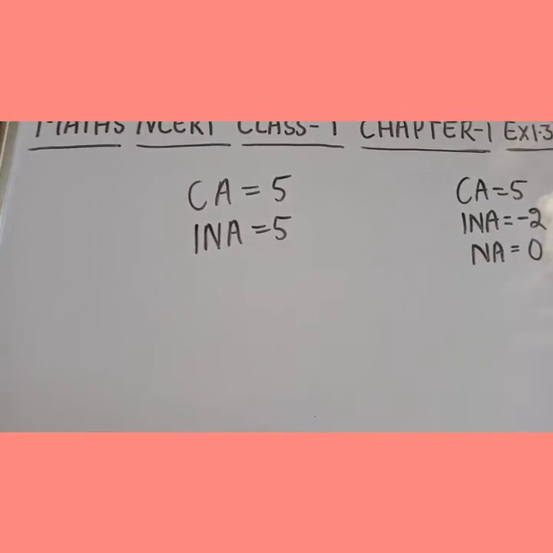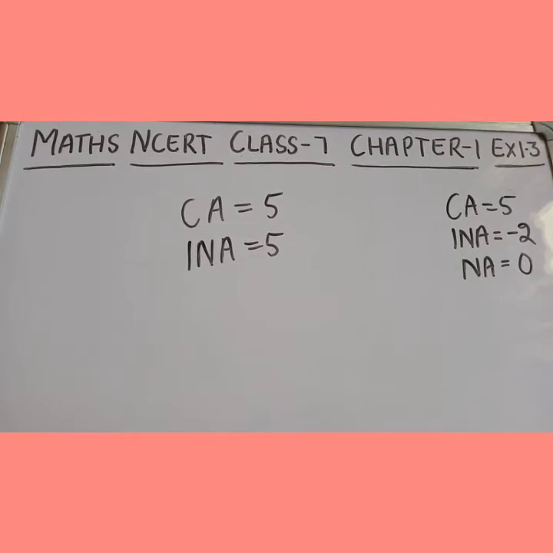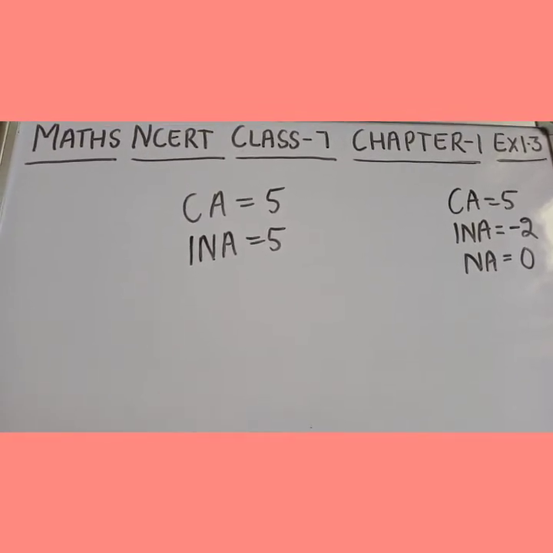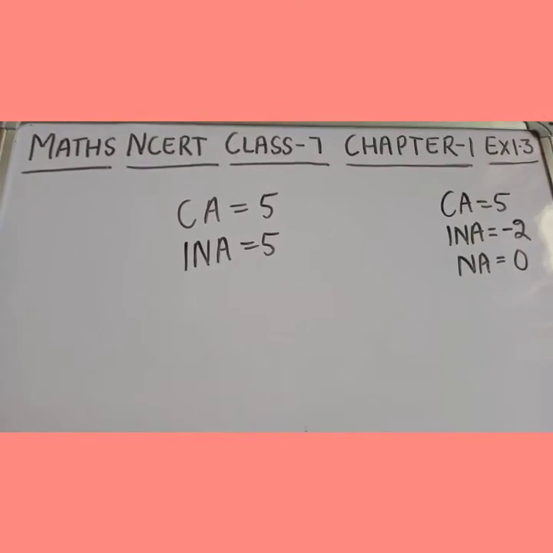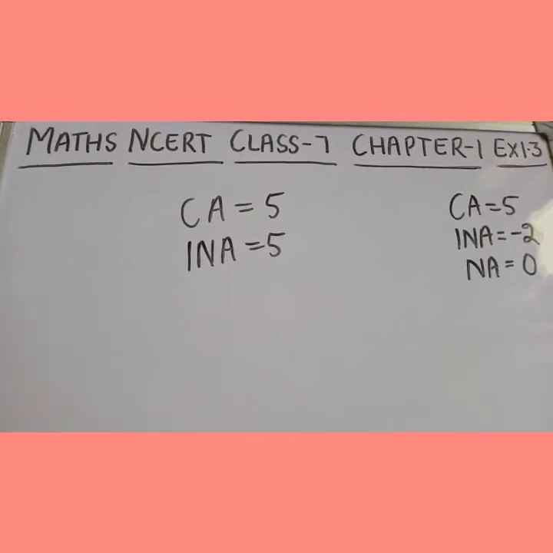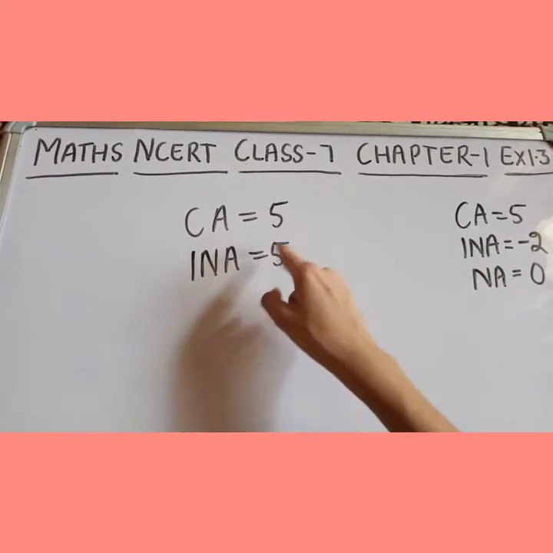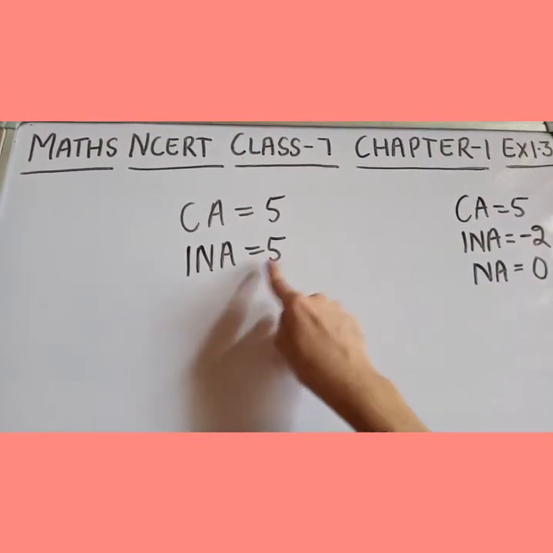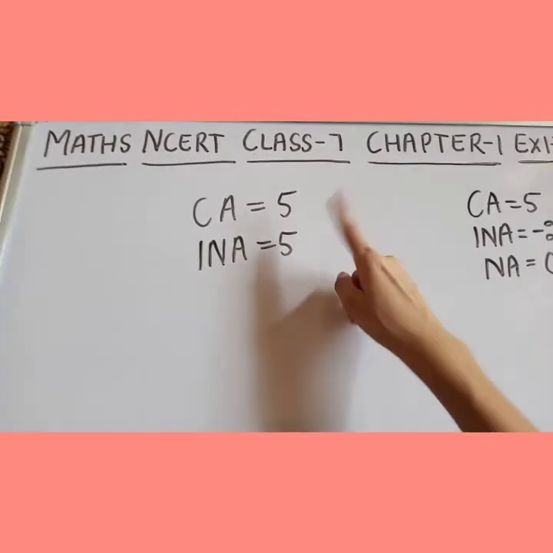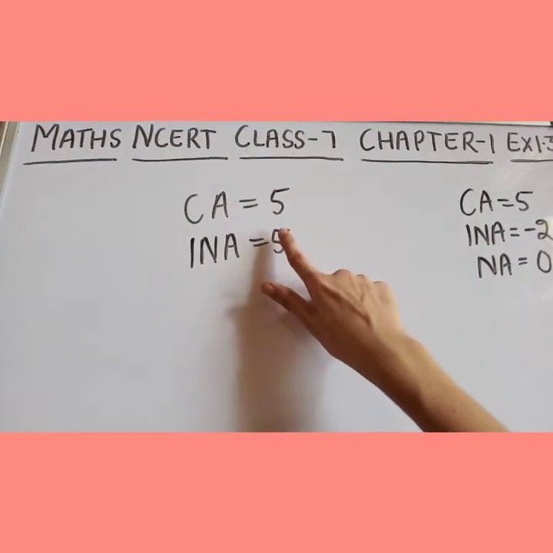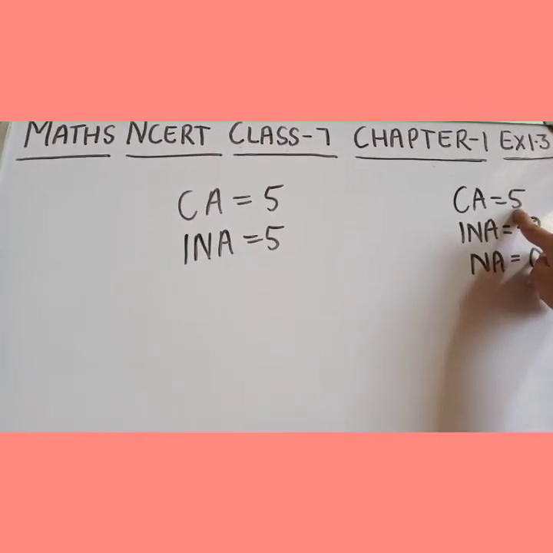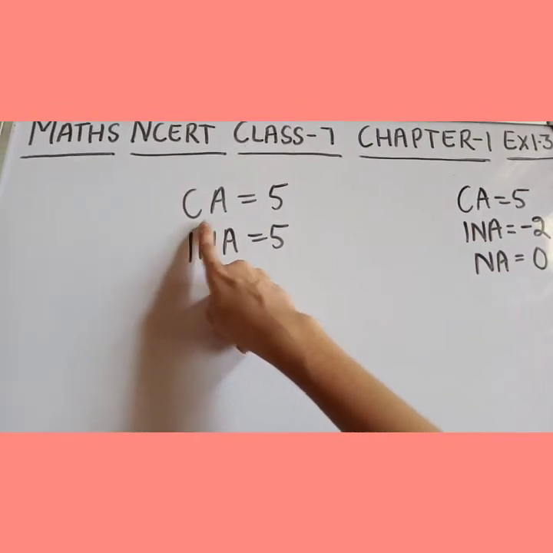Reshma gets 5 correct answers and 5 incorrect answers. What is her score? Now, as I've written over here, the number of correct answers she gets is 5, and the number of incorrect answers she gets is 5. Both are the same. Now first of all, you will multiply 5 by 5 because the number of correct answers is 5